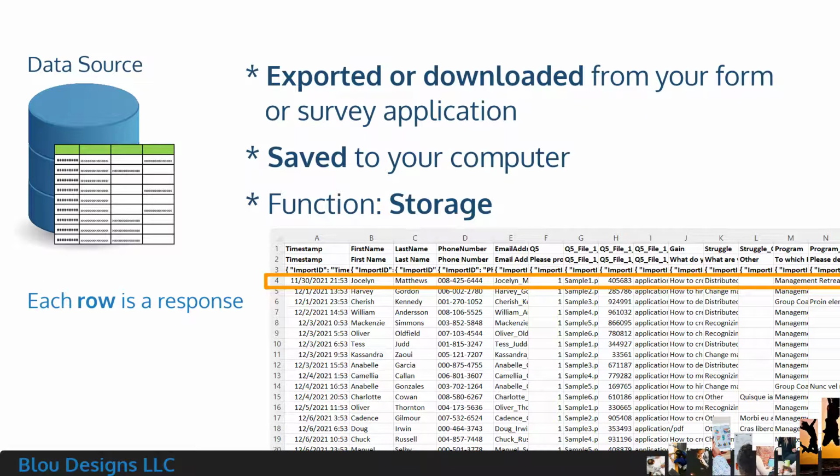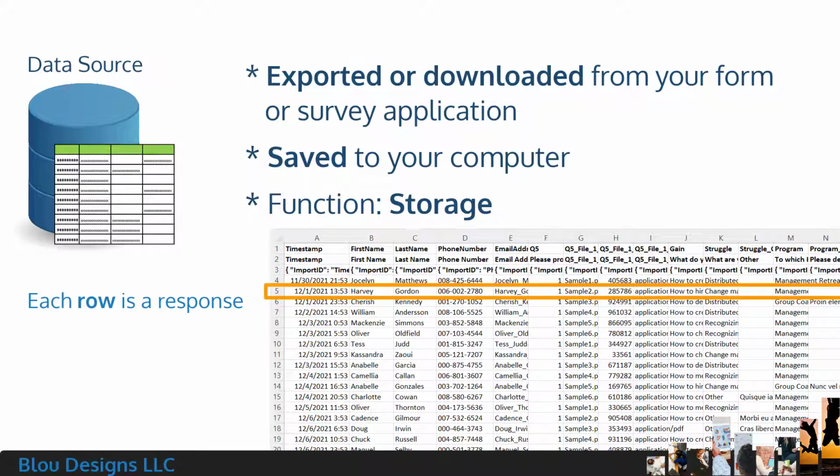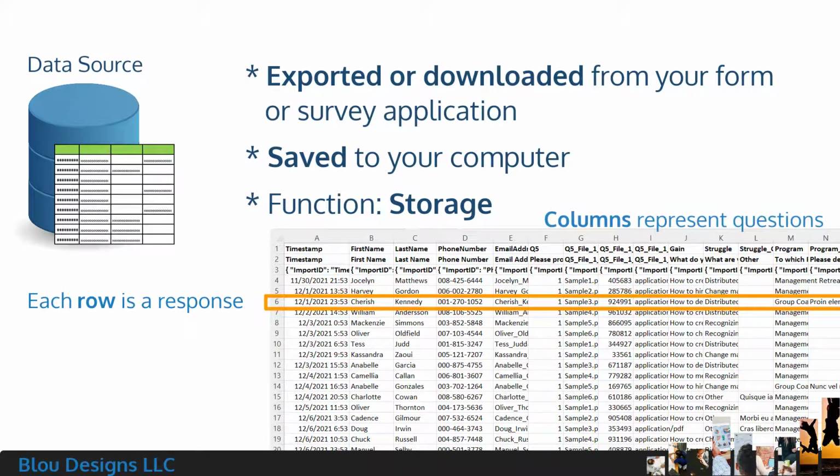Each row of the CSV file contains a separate response. The columns in this file are set by your former survey application and are determined by the questions you ask there and what kinds of data you're asking for. The order of the columns doesn't matter, but you will need to keep track of the exact column names because you'll use those to refer to your data in the mail merge template.